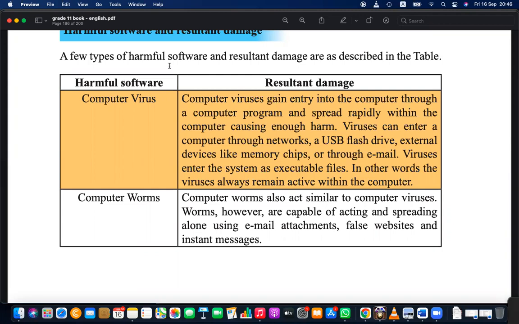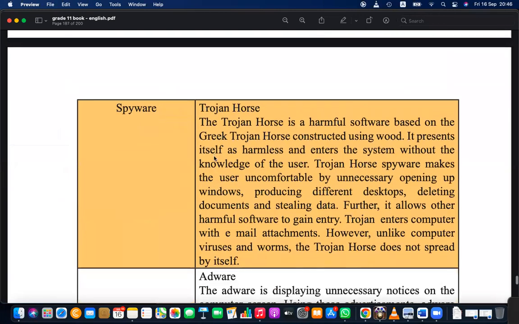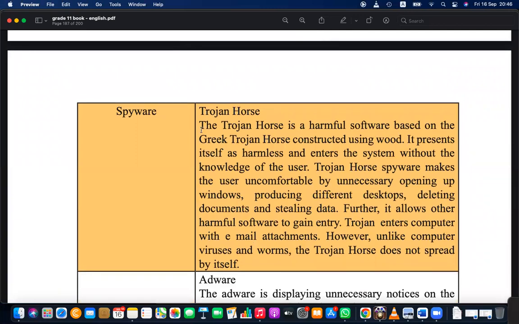Okay, then spyware. Actually, here there is a mistake in a note. I think this is either by mistake or some other thing. Here we have to write Trojan horse. Actually, spyware is software which is spying, trying to collect information.